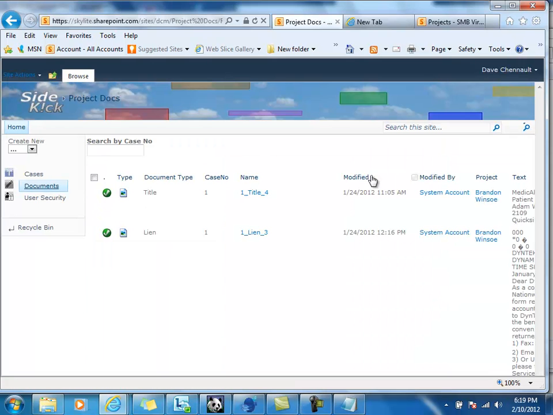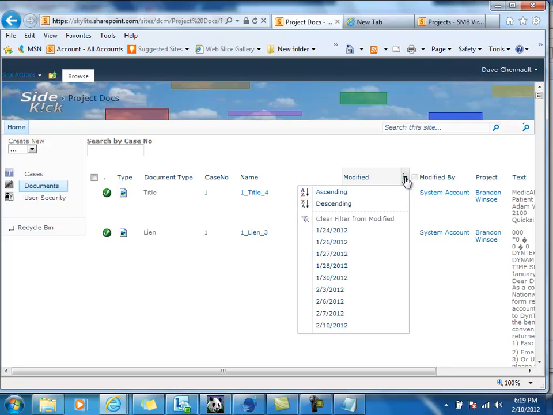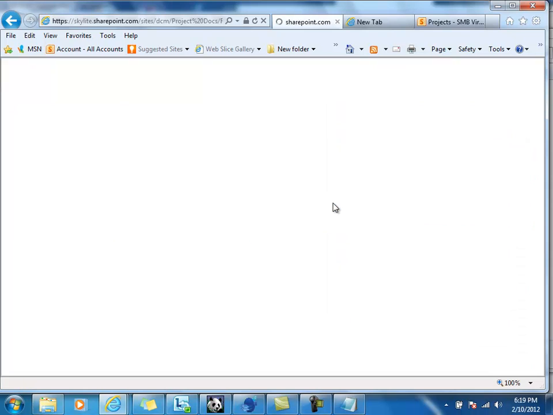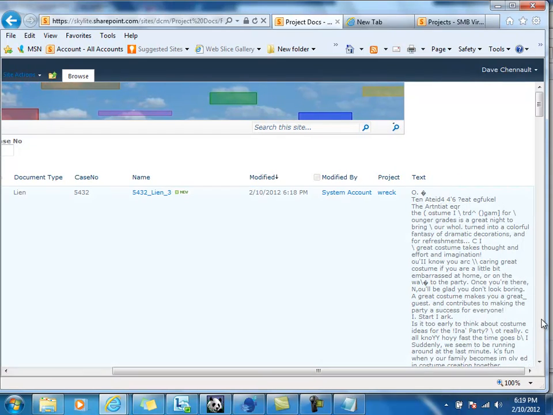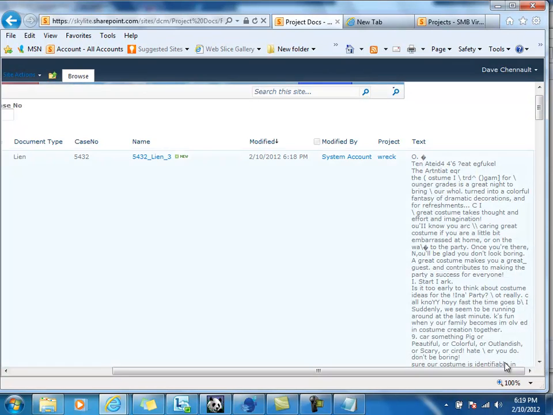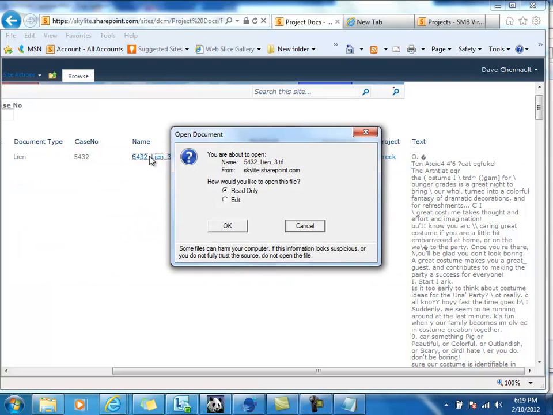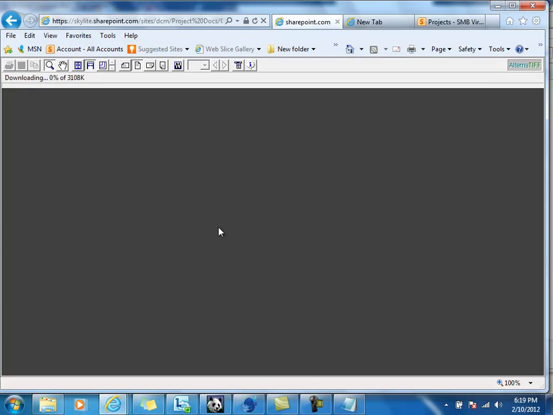So what I'll do is sort these by the most recent, because those are the ones I want to see. I'll do descending. And I've got a column over here that we created that'll show the OCR text, right? So here we are. You can see how it's doing. "Turned into a colorful fantasy, dramatic decorations, refreshments, etc. Is it too early to think about costume ideas for the party?" And you can see it's pretty good, but you may have to do a little adjusting to get it perfect, because that was a kind of funny font. But I think this is a fair representation of what you can expect and